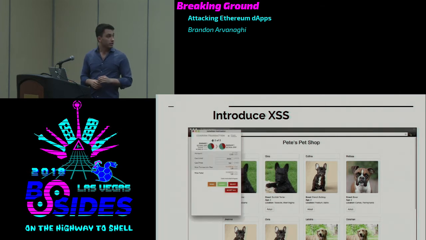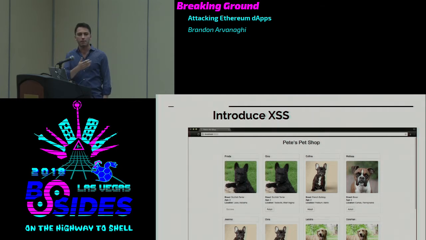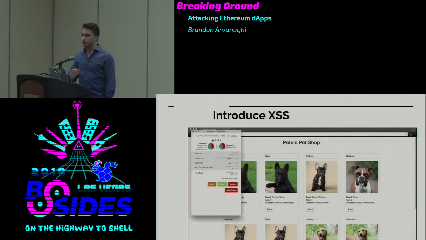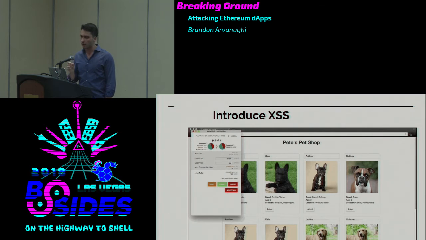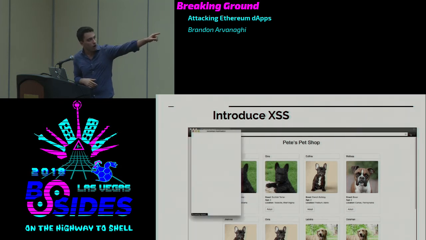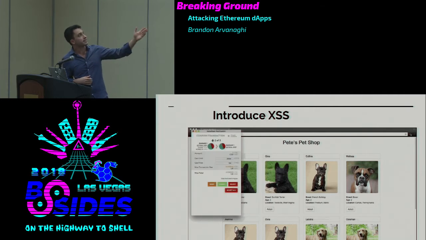So this is a really bad slide in hindsight because you can't see my mouse, but things like cross-site scripting become a lot more dangerous with dApps because you can manipulate MetaMask ultimately to send a transaction to somewhere you wouldn't expect. And it's not immediately obvious where you're sending the transaction to with MetaMask implemented the way it is currently. So what's happening here is I'm hovering my mouse over that adopt button, but I'm not actually clicking anything. And when I hover my mouse, it prompts MetaMask to pop up